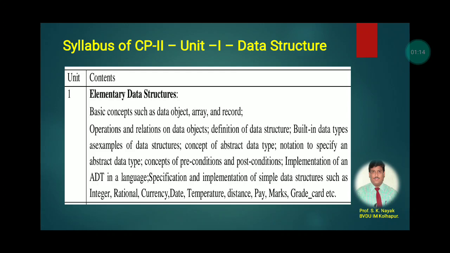This particular subject is in BCA semester, second semester. So now in this particular video you will find the introductions part of data structure. Now out of the contents of this particular unit, you will find the major important part is ADT, abstract data type. In the first semester we have already discussed about the basic operations or basic elements of data structure. Now in the second semester it is very important to know the abstract data type.